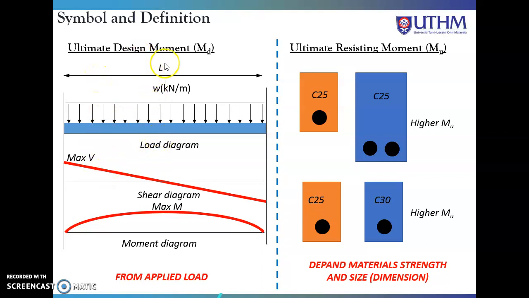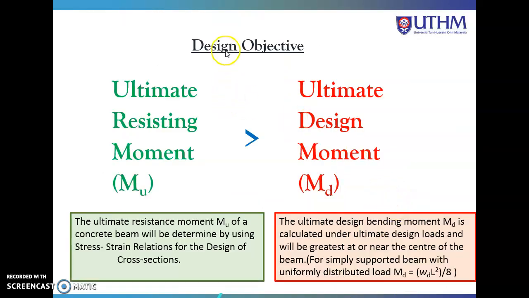This is the ultimate design moment, which is calculated from the design load. So we get the SFD, and we get the moment. Then the ultimate resistive moment depends on the material strength and also the size of the dimensions. For our design objective, the ultimate resistive moment Mu must be greater than the ultimate design moment, which is Md. For this case, we can proceed with the